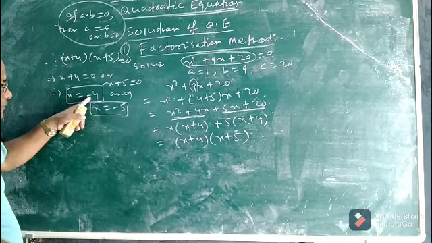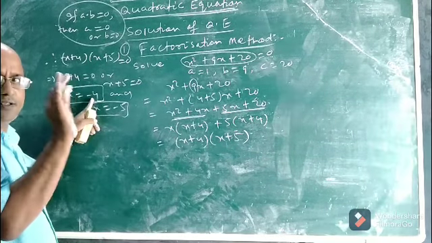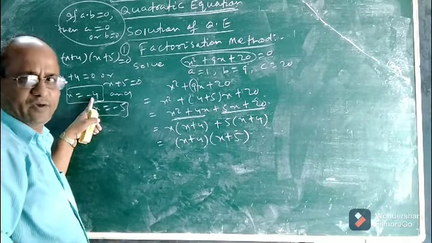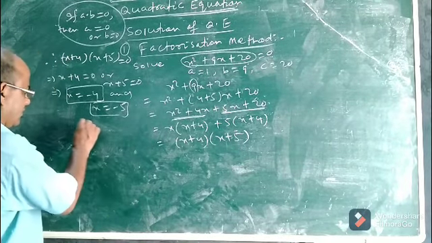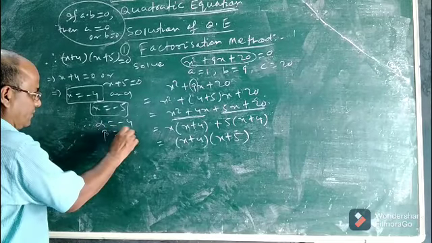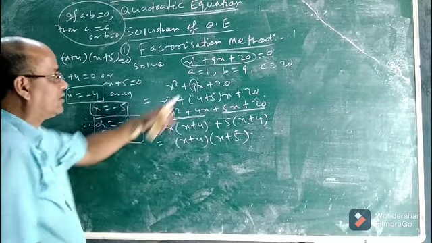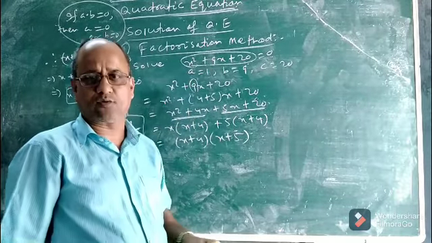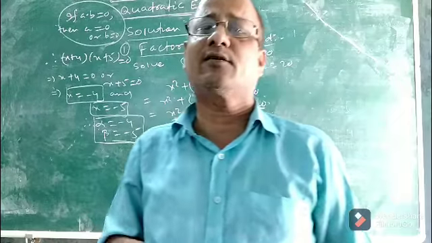If you take this one alpha, then this one will be beta, and if you take this one alpha, this one will be beta. It is arbitrary. You can choose in any way; which one you take as alpha and which as beta depends upon you. No problem. Therefore, suppose alpha equal to minus 4, then beta will be minus 5. So these are the two roots or solutions of this particular quadratic equation. So this is what is known as the factorization method.